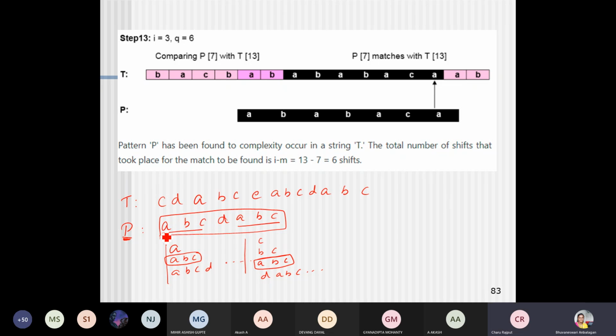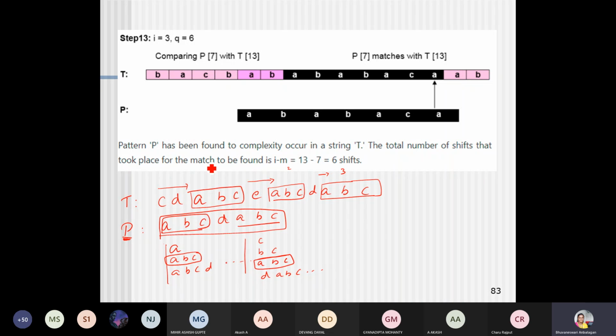Instead of searching for each and every term, I will just look for whether ABC is occurring in the text. I go in this direction and find ABC occurring over here. I will not stop here. I go again in this direction and check whether ABC is occurring here. Yes, I found it the first time, then the second time. I will not stop here. Again I move and find the third match over here.